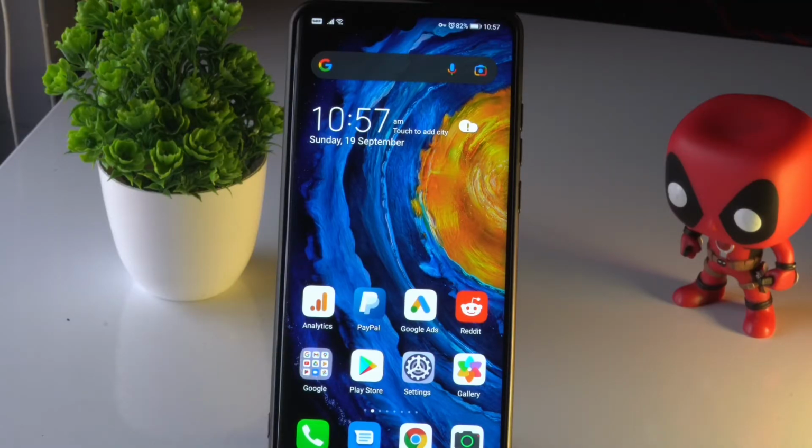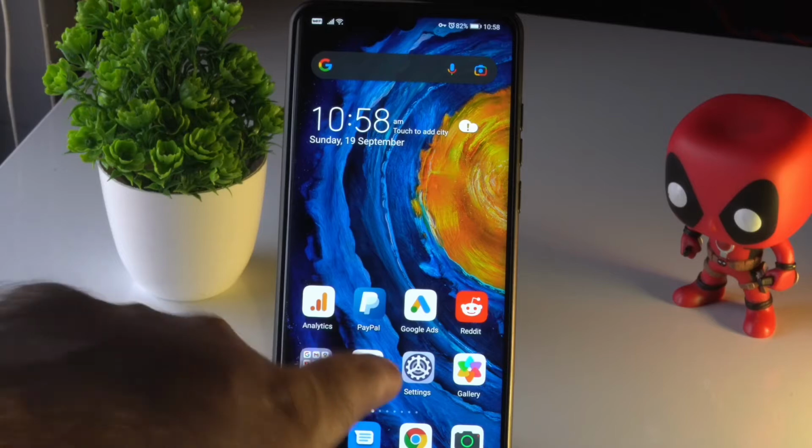In this video I'm going to talk about how to fix the Google Play Store apps slowly downloading problem on your Android device. So let's get started. First thing you have to do is tap here on the